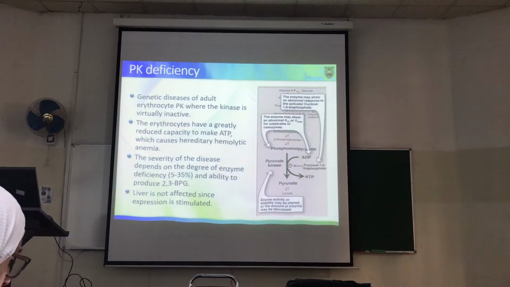But if it goes below like 30% or 20% of the normal level, well, that would be a problem. Of course, the more affected the enzyme is, the more severe the patient would be. Now, if there is deficiency or lower activity of pyruvate kinase, red blood cells will be affected because there is huge dependence on glycolysis, but not liver. The reason is that in the liver, well, it can compensate by other pathways in producing energy. That's one.